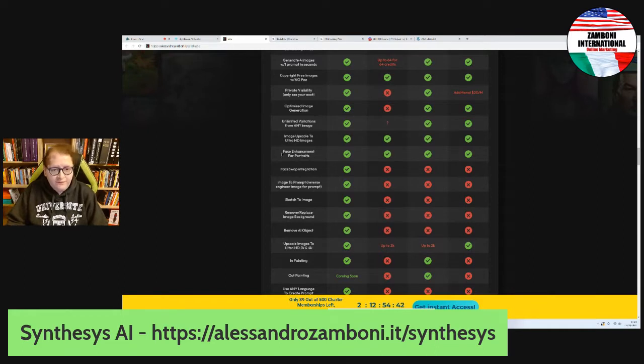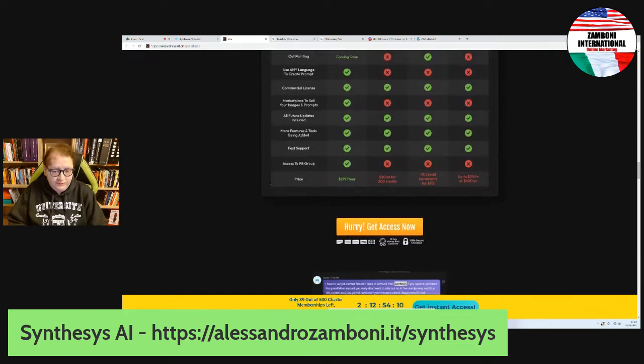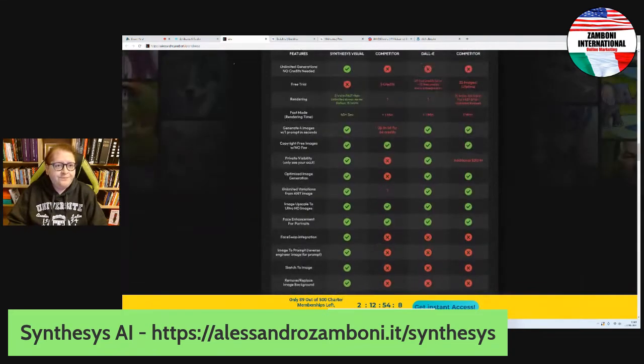There are also various add-ons like image upscale, face enhancement, face swap, but those things I wasn't able to get them working, so I would not count on those because, in my humble opinion, those features don't work. For example, the remove AI object, when you try to upload your image, it says the image is too big, but if it was done by the software, it shouldn't be too big to load it, okay? So those things are pretty crazy. But the upscale works great. The upscale is integrated and it works great.